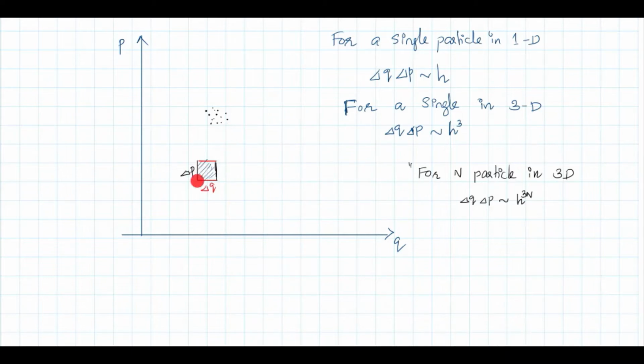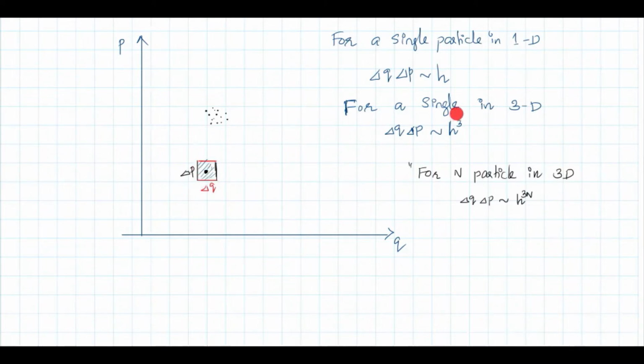From the uncertainty principle, we know that delta q delta p should be of the order of h. It is not possible to determine simultaneously the position and momentum of a particle. So there is an uncertainty of the order of h. This is the case with a single particle in one dimension. Then the phase space will be two dimensional, and for each microstate there is an uncertainty of this area, which is nothing but h. So for a particular microstate we need an area of h.